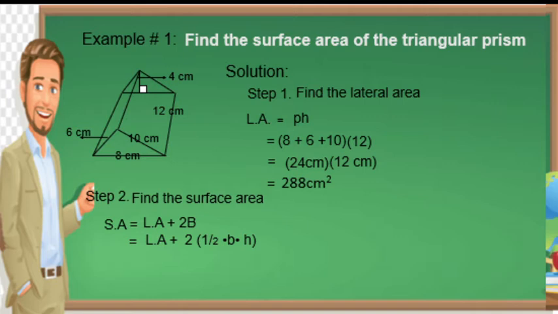Okay, let us substitute the LA, which is equals to 288 square centimeter plus 2 times quantity 1/2 times 8 times 4. So this is the height of the triangle, and the base is 8. So that is equals to